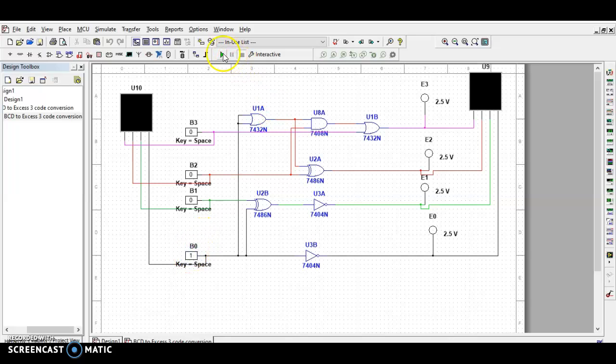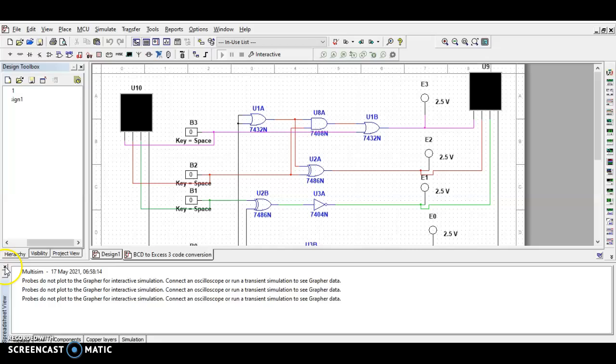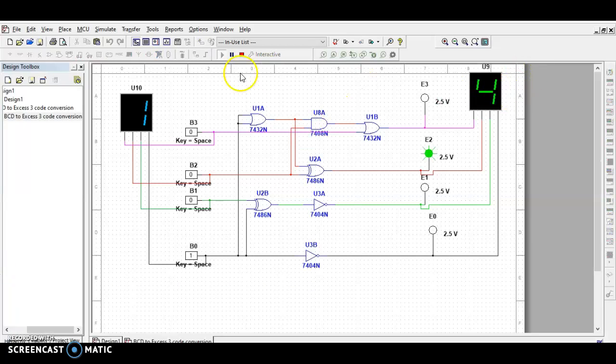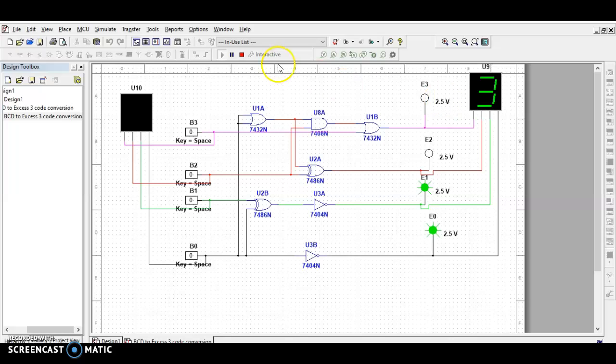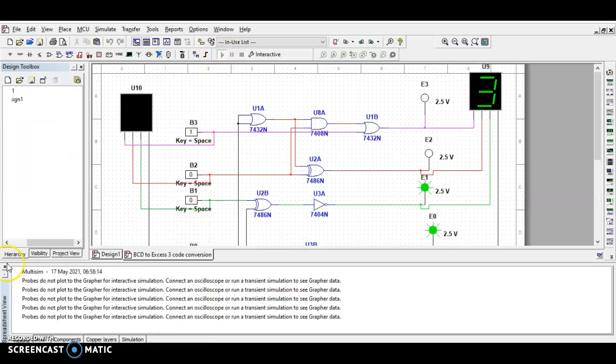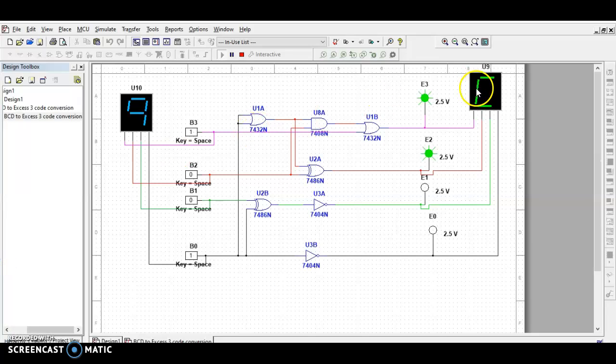If I give input value 1, we get output 4. If I give input value 0, we get output value 3. If I give input value 9, we get output value 9 plus 3 is 12.